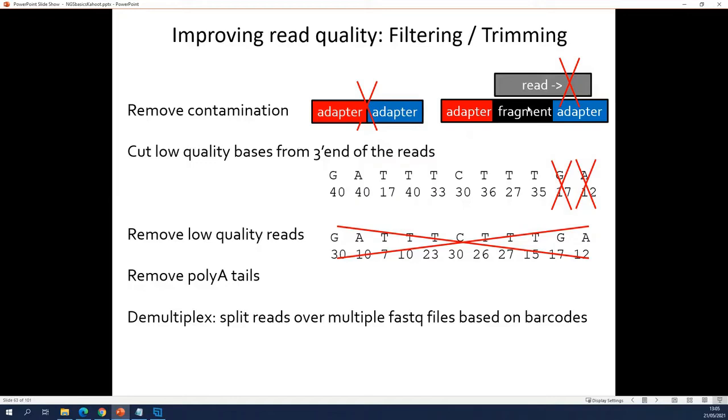When you select fragments for your library, you're going to do a size selection there. But these size selections are never perfect. You typically also select fragments that are smaller. So it can happen that the size of the fragment is smaller than the size of the reads that you're generating.